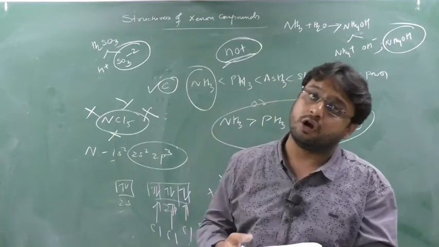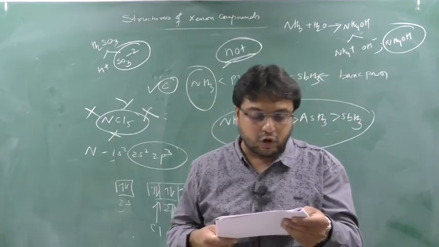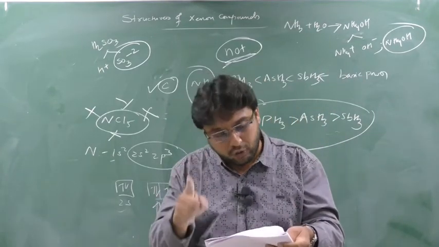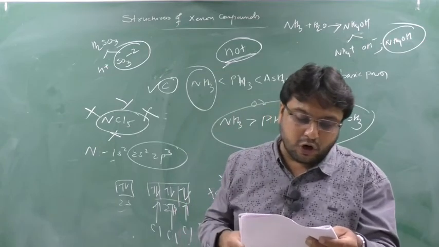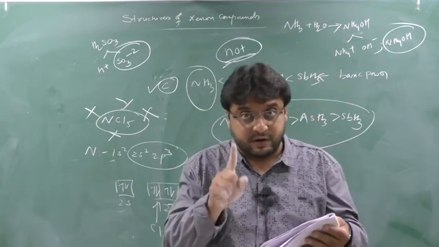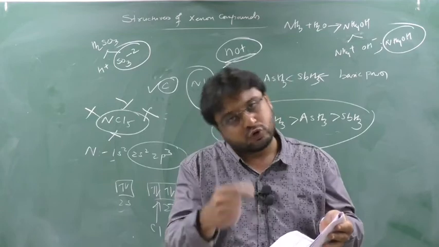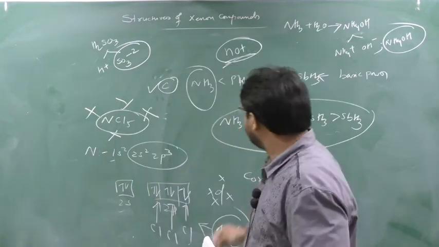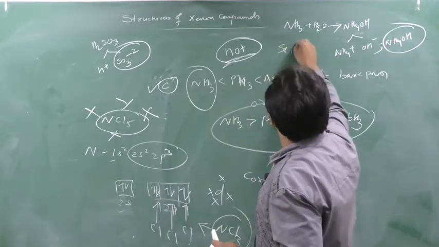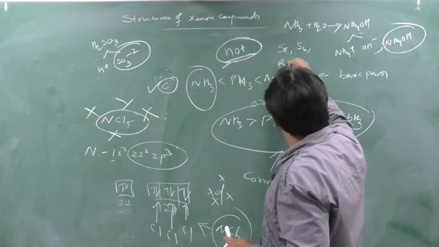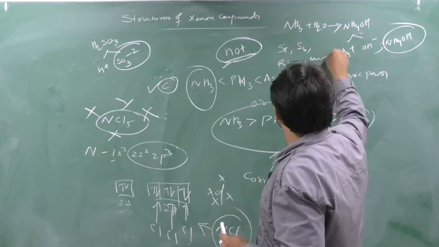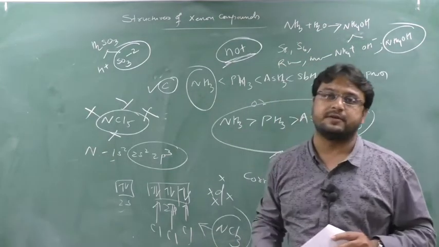O3 is an allotropic form of oxygen. Yes, it is also true. S8 is the only allotropic form of sulfur. No, they have written here only one form. We have only S8? No. S8 is an allotrope, S6 is also an allotrope. Rhombic is also an allotrope. Monoclinic sulfur is also an allotrope. There are many allotropes of sulfur.